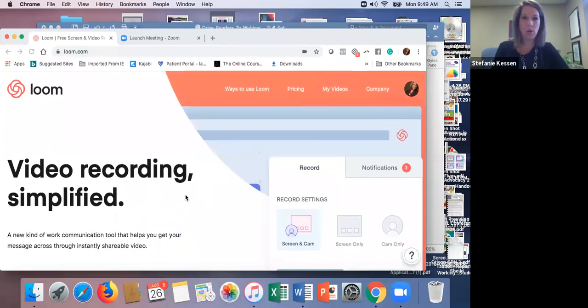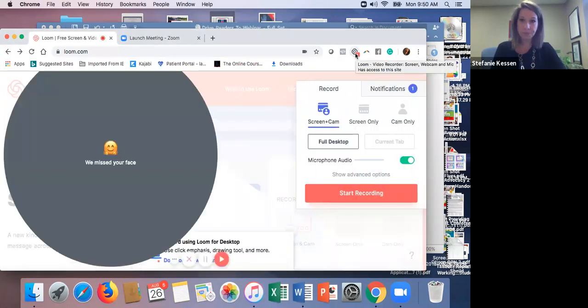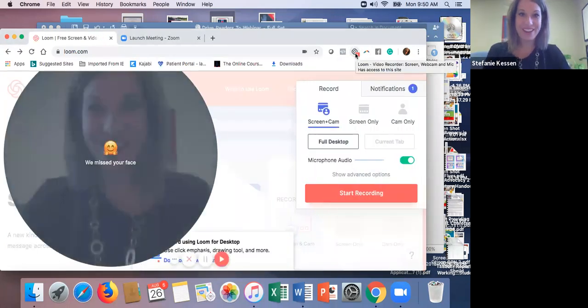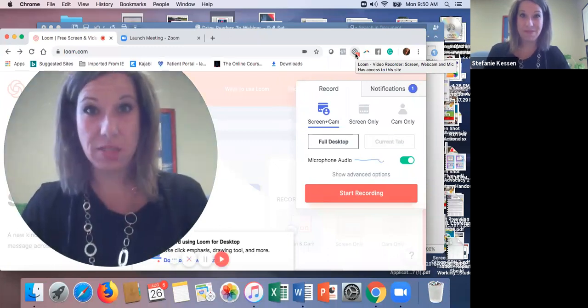Once you have it downloaded and you go through all of those steps, the really great thing is that you now get this icon right here that is accessible from almost any web page. So it doesn't matter where you are. If you just open up your computer and you're on a web page or you're checking your email or whatever it is, you've got this icon available for you to click on. Piece of cake.